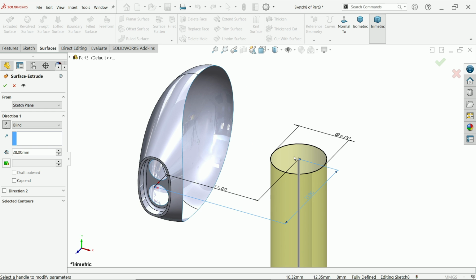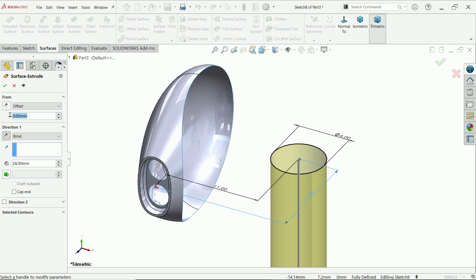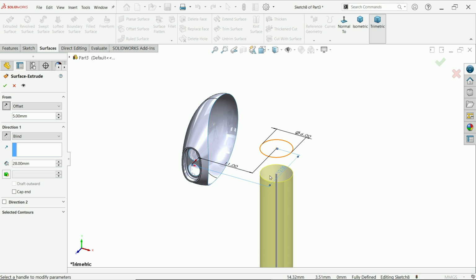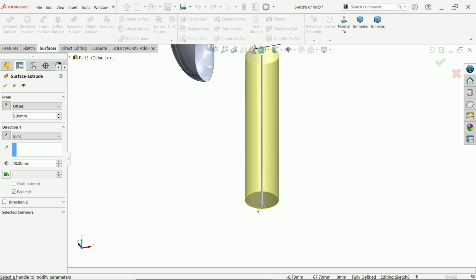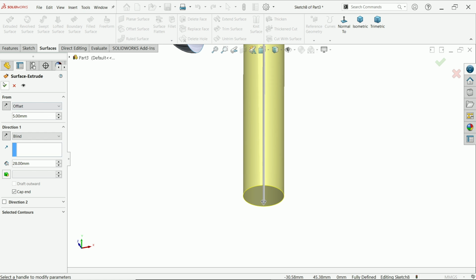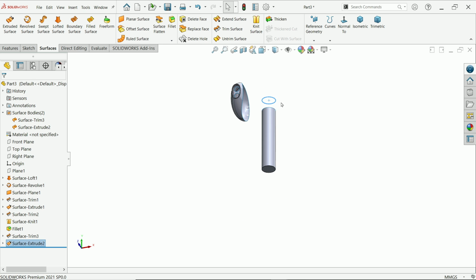Perfect. And also we want to start from a little bottom. So here one option is start from. So offset, keep 5 millimeter, but this is moving from upside. So change direction downward, 5 millimeter downward. Check the box cap end because we want to close from the bottom. See,